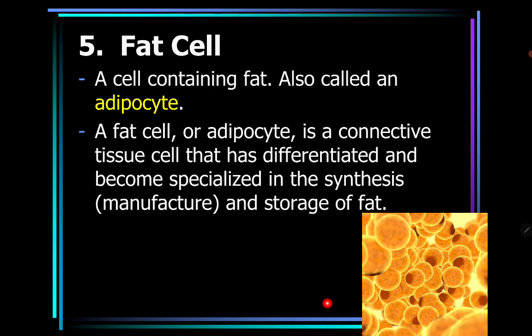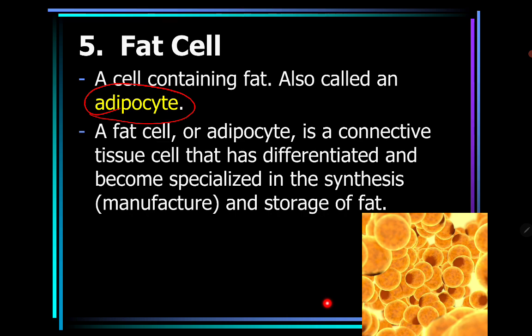Next, we have the fat cell, a cell containing fat, also called the adipocyte. A fat cell or adipocyte is a connective tissue cell that has differentiated and become specialized in the synthesis and storage of fat. So what are the functions of the fat cell? The adipocytes or fat cells provide